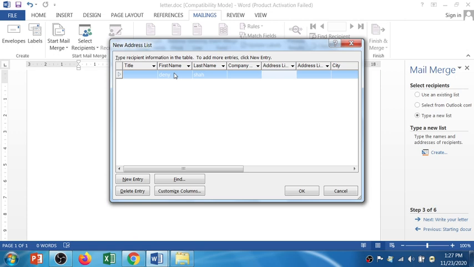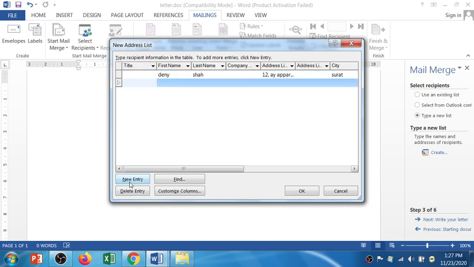The address line, let's say 12 Jai apartment. I don't want to add the second address. The city, let's say Surat. State, Gujarat.